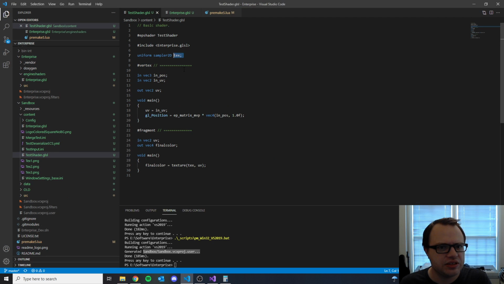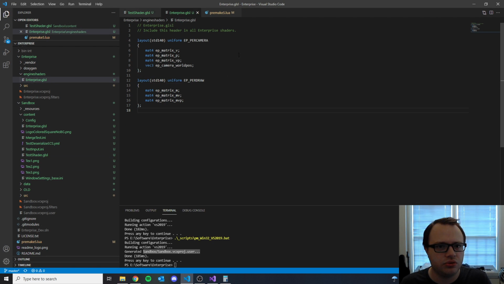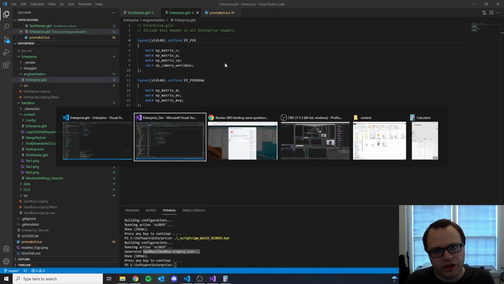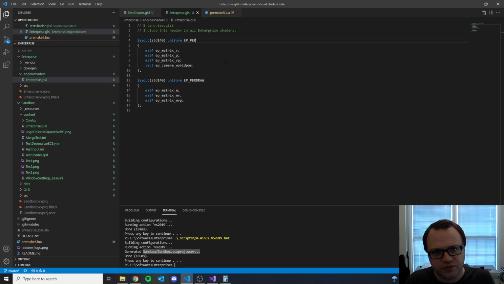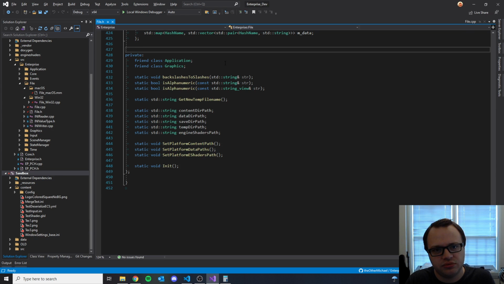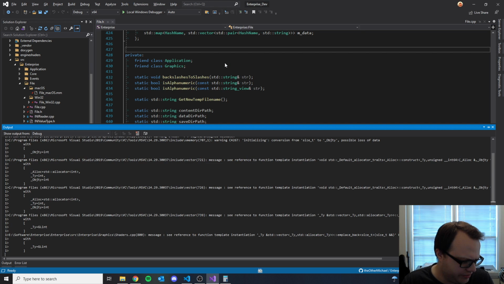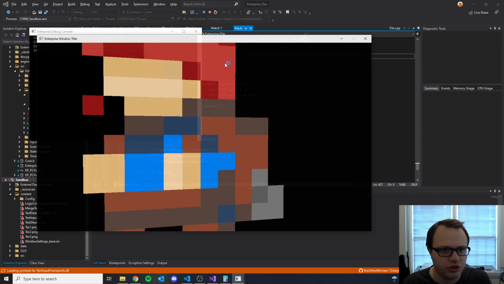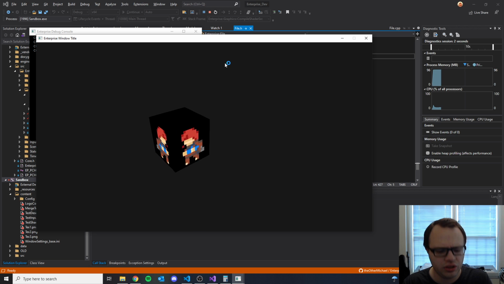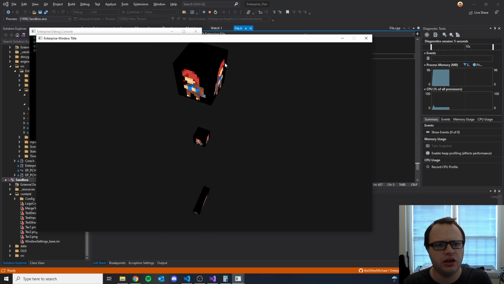So the conundrum is this. Going into the Enterprise GLSL header, I had noticed while I was testing yesterday that if I take out most of the characters for per camera and just make it per, everything still worked. And I wasn't expecting that. The way that I had built the UBO binding system, the idea was that you would